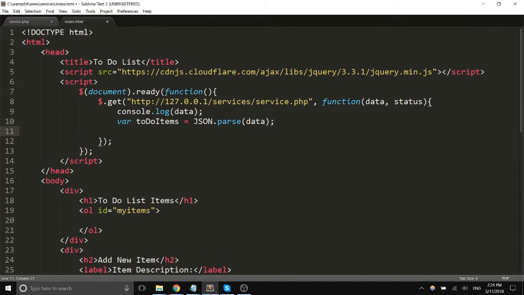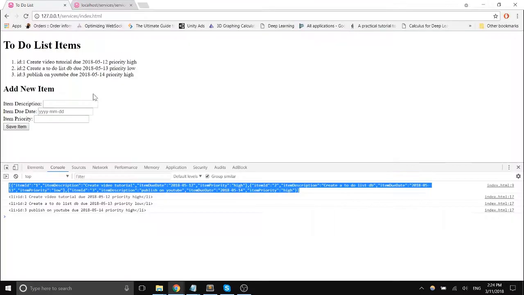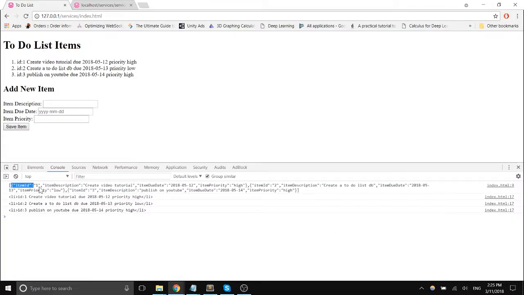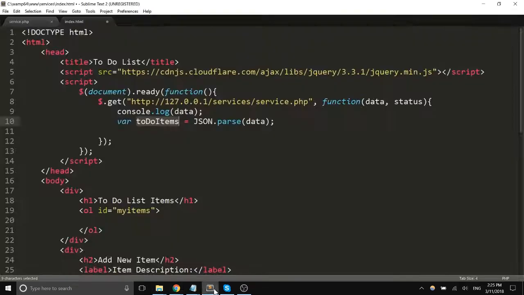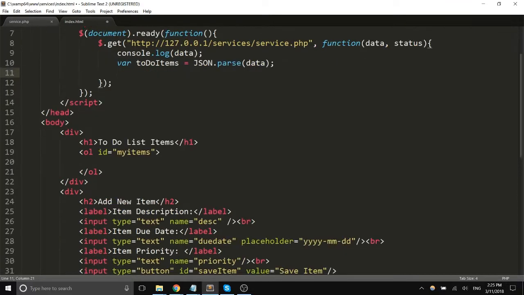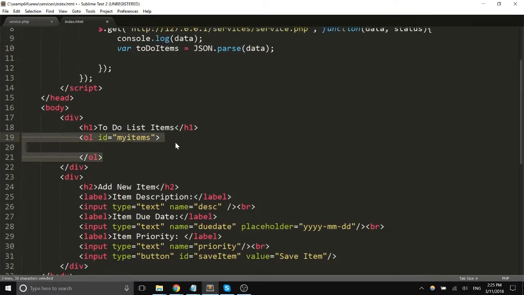And now, once this is parsed, this will contain 3 objects. As you can see here, first object, second object, and the third object. And I will access each of those objects, and I'm going to add them into this ordered list here